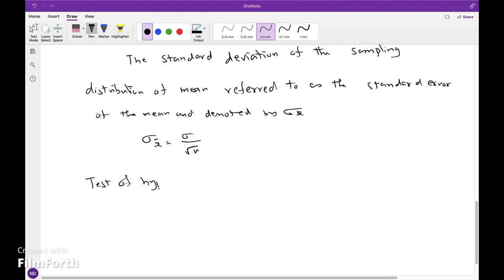Test of hypothesis. Hypothesis testing addresses the important question of how to choose among alternative propositions while controlling and minimizing the risk of wrong decision. Before going to hypothesis testing, to understand it more clearly,